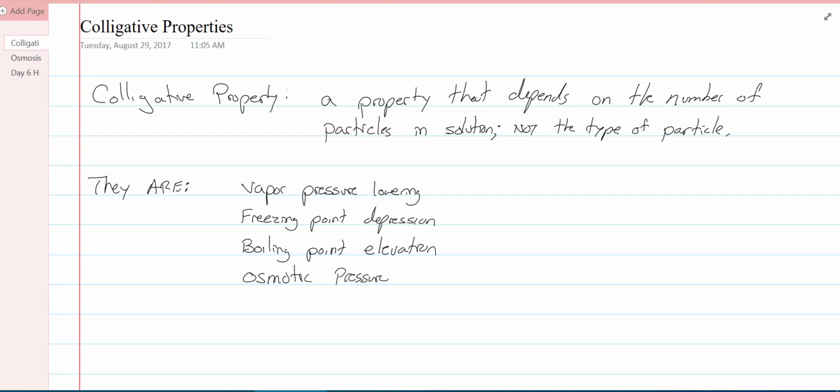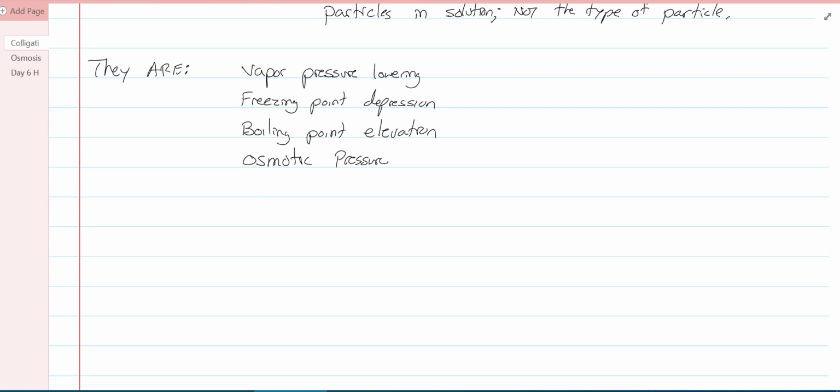Alright, so let's look at first vapor pressure lowering. So when we talk about vapor pressure, what is it? It is the pressure of whatever liquid we're talking about above the liquid, right? How much of that liquid evaporated, and that pressure is how much gas is there. So for an ideal solution,